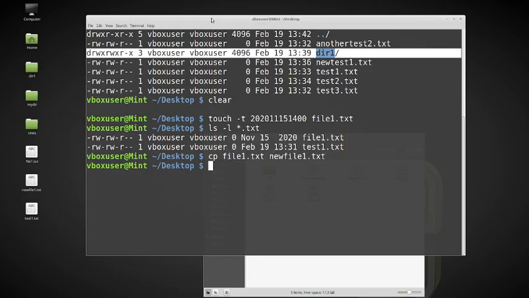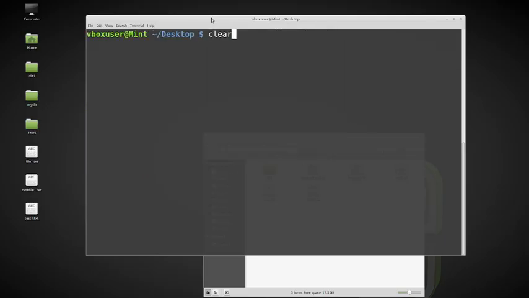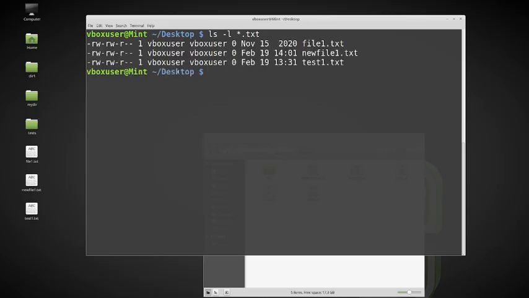Okay, so let's make a long list of all files that end in txt. As you can see, the new file has been created from file 1, but the timestamp has changed. The timestamp has changed to February 19. So if I want to preserve this timestamp so that it does not change, what I'm going to do is